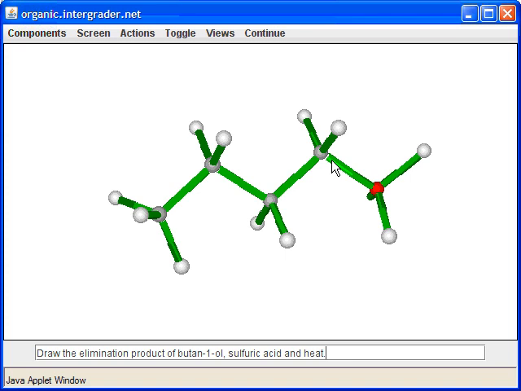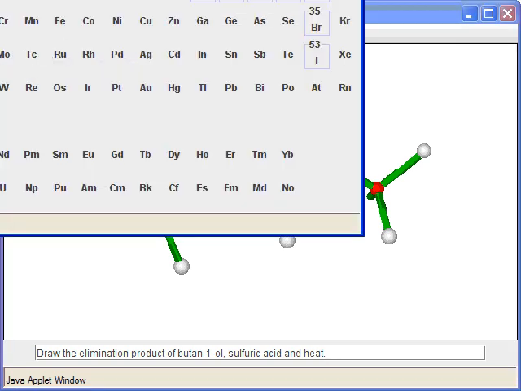As you're removing this, you would remove a hydrogen by removing its electrons, doing something like this. So as you remove this, you would remove this. That kind of reaction should remind you of an E2 elimination. As a matter of fact, what I'm going to do is go ahead and